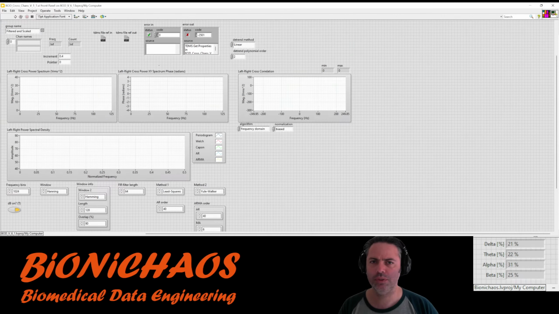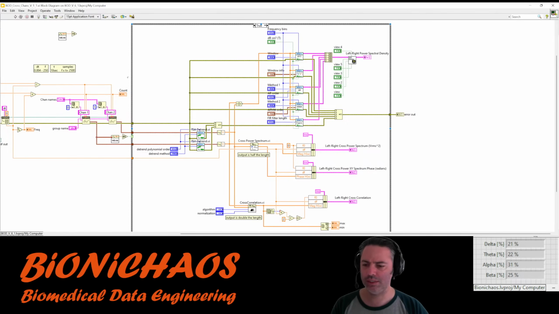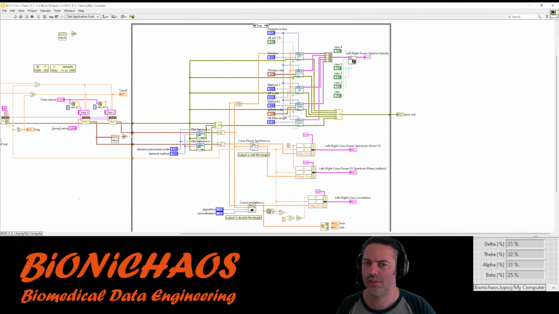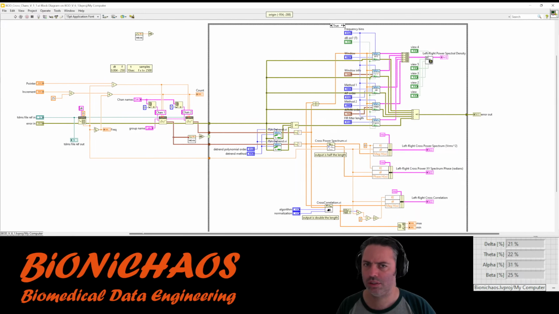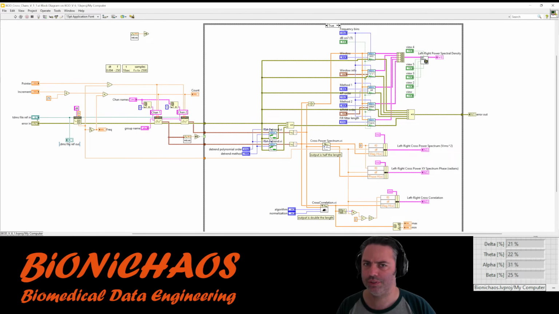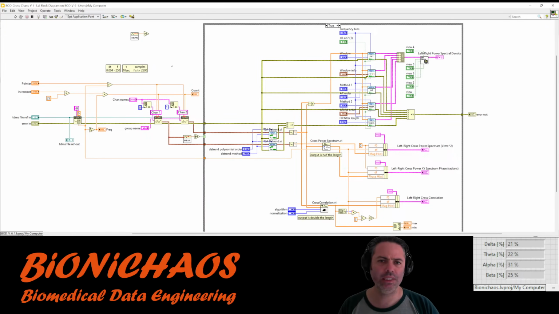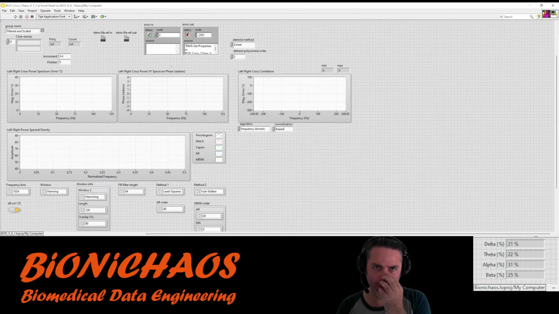It won't work out of the box because it needs an input file. It needs a file reference in. We can change it to read the...